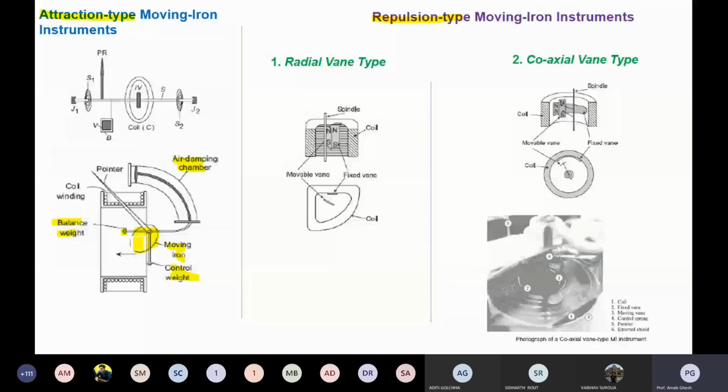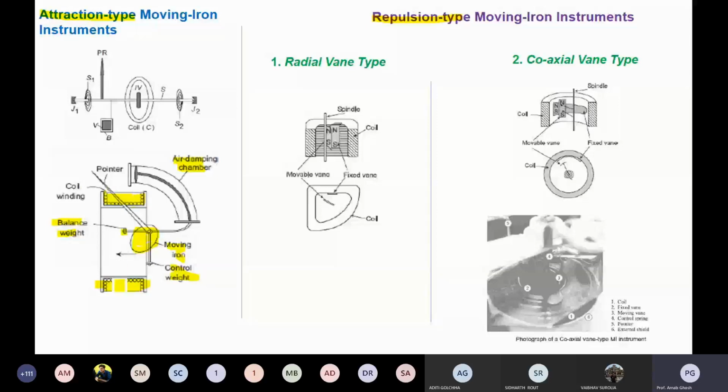Before we go to the controlling units, first we need to know the operation, how it will be operated. You can see two types of coils are there. First a surface coil is there, and another surface coil also. If you see, the current is passing from coil 1 to coil 2. Due to the current passing from coil 1 to coil 2, one will be the north pole, another will be the south pole.